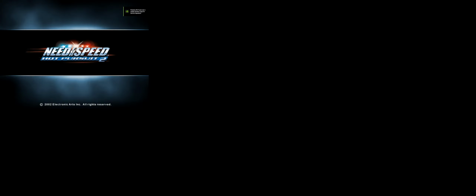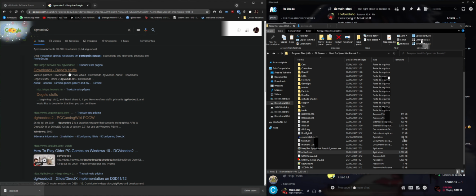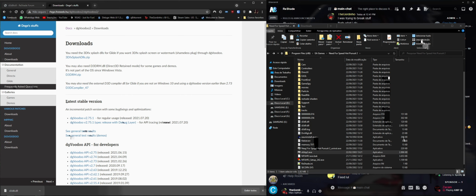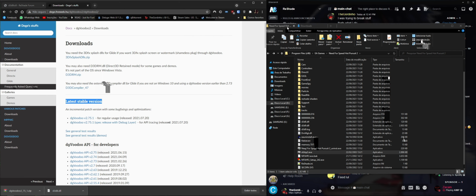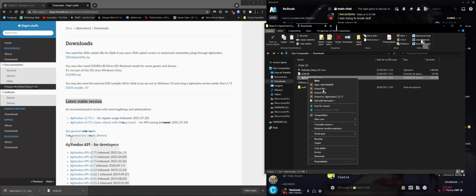So to fix that, we're gonna need to download another file from the internet. This one is gonna try to fix most of the issues that we face when trying to play old games on newer hardware. So if we go to the internet and search for DGVoodoo2, it should be the first link, and we're gonna go to the latest stable version, download this, and if you open it with WinRAR, you're gonna see a lot of files. Don't worry, it's just a little bug, I think. I'm gonna extract it,